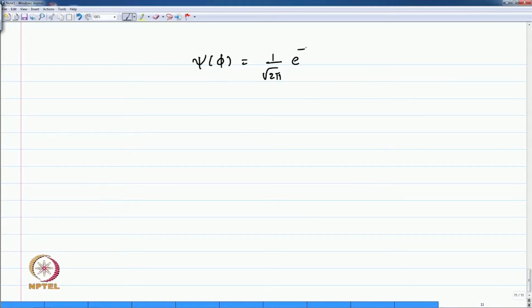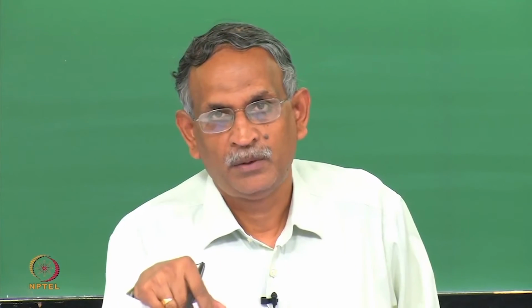It should be obvious that if you calculate the angular momentum, it is obviously minus h bar m. Okay. It is a negative value. The angular momentum therefore has a directional sense,